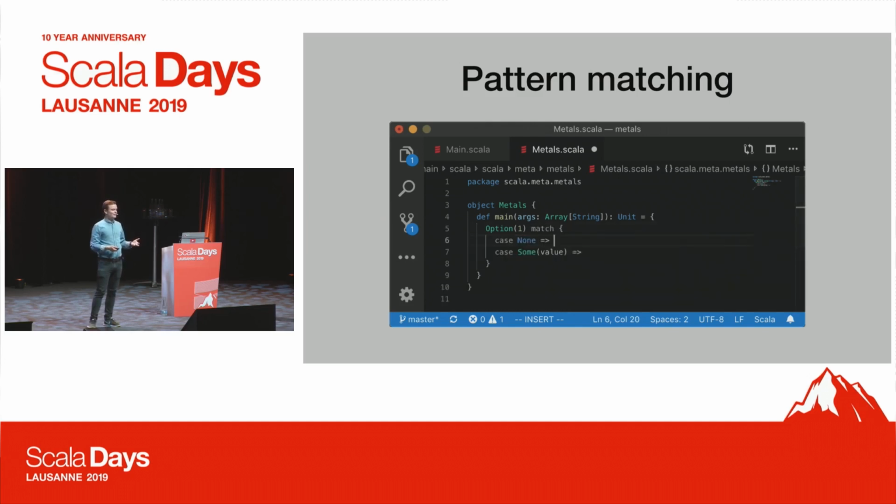So one of the fanciest features that we have is exhaustive match completions. If you do a match completion, it'll provide you to say just a regular match or an exhaustive match. And what we do is, this works for both sealed types as well as not sealed types, which is different if you're coming from IntelliJ. So if you have a sealed type, a sealed ADT, it works for whatever you have in scope, but it'll also work even if those None and Some are not in the scope, we would auto-import them for you, which is what you would expect.